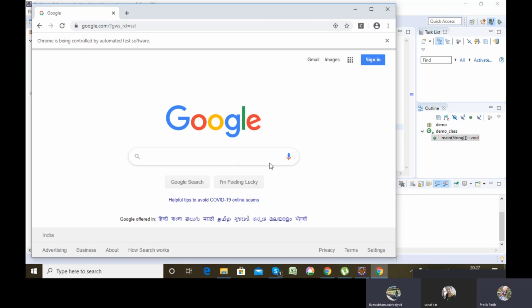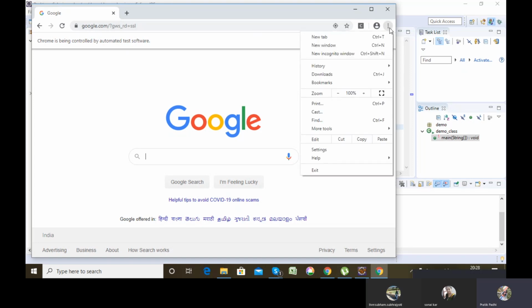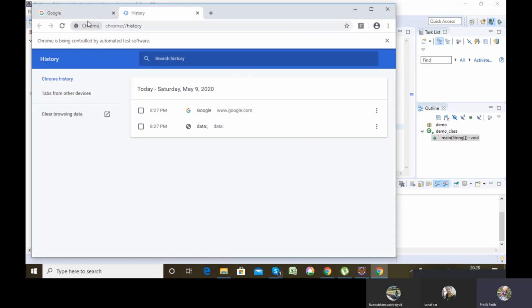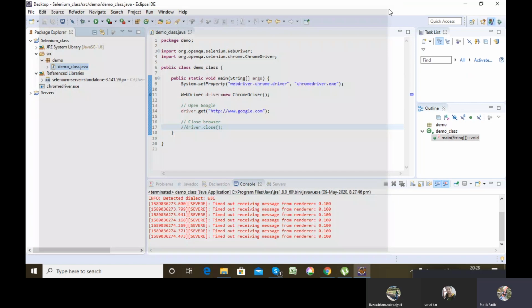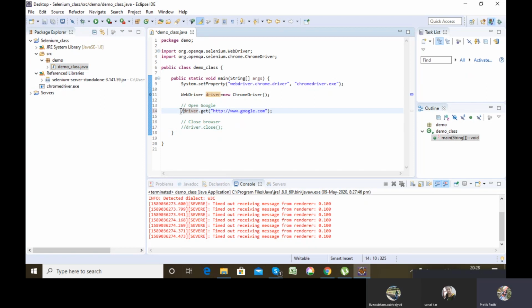So you got the point. It created an instance of Chrome driver, opened the Chrome driver and opened Google for me, www.google.com. Now if I go to history, you'll see there will be no history except this one particular google.com, because it opens a fresh instance with no history, no cookies, nothing stored in it. Got my point? There are two ways where I can open the URL in the Chrome driver. So this is one way. Another way is